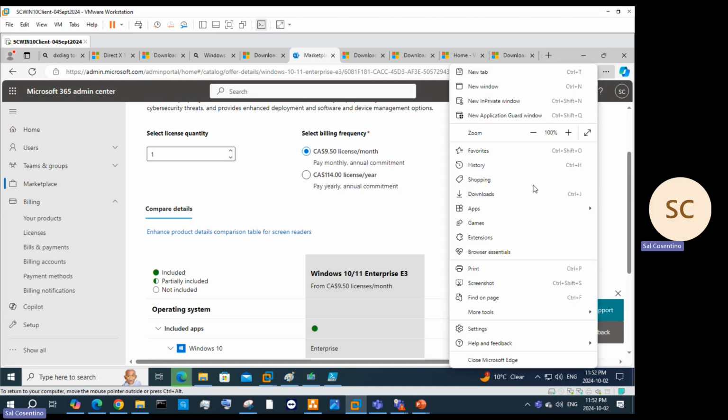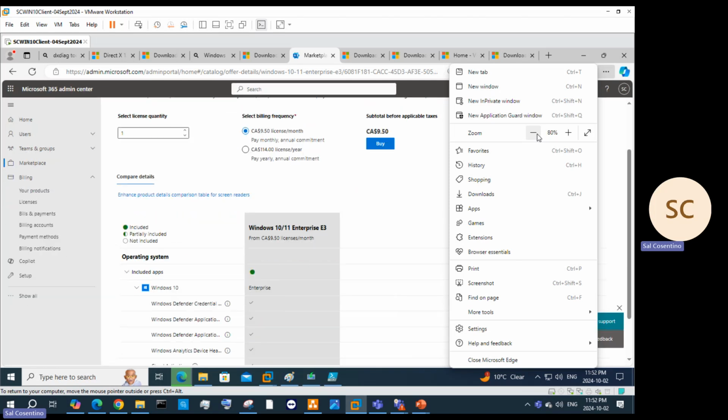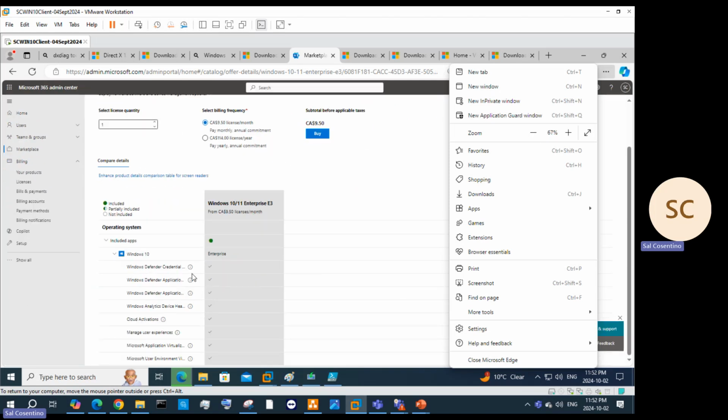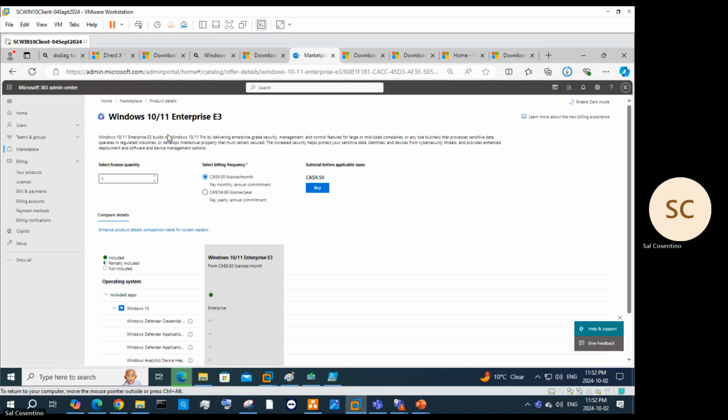So let's make this a little smaller here. This will have all the included apps and what it's there for and what it's used for. So this will give us a license. It builds the Windows 10 11 Pro, and then we can activate the license on that machine. I use this for the Intune course. So another topic, but again, licensing. Just use the trial for now,